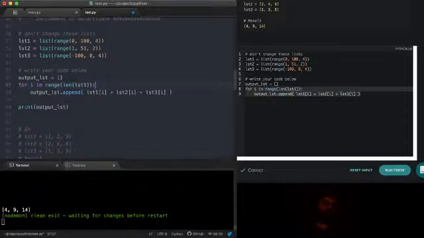But another thing we could do here is we could add them all together.